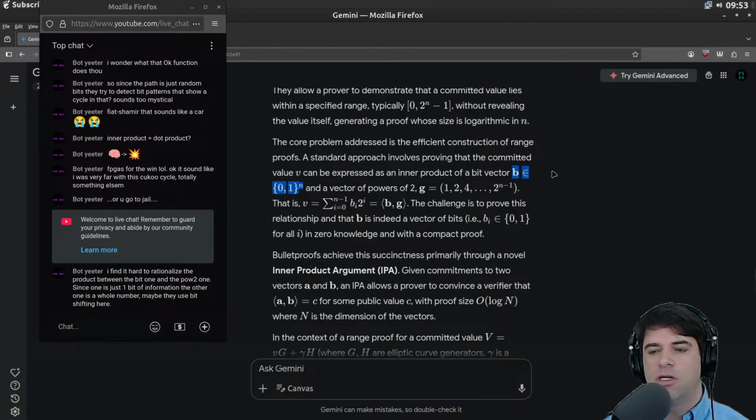What they really mean is that B is in some vector space. Let's say, an n-dimensional real vector. Well, we know it's not a real vector. We know it's at best a vector of integers. We know at best it's a vector of integers that are smaller than whatever 2 to the 64 minus 1.